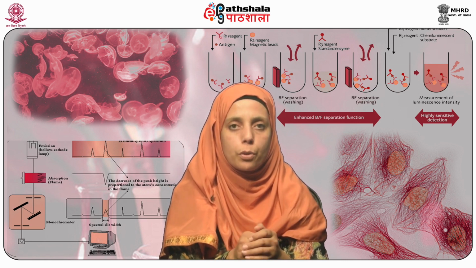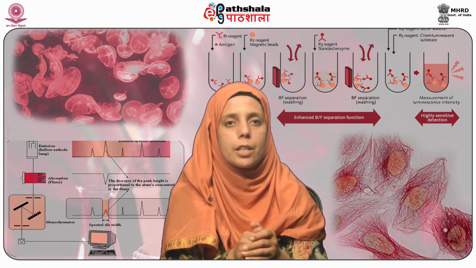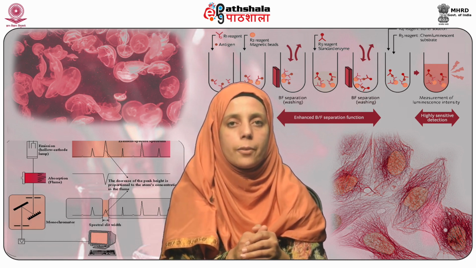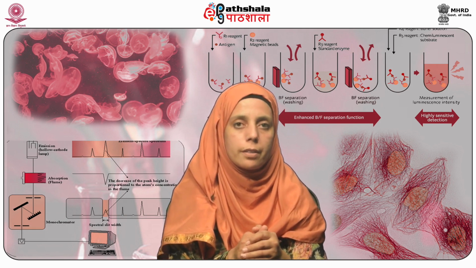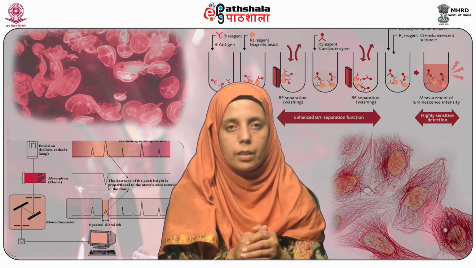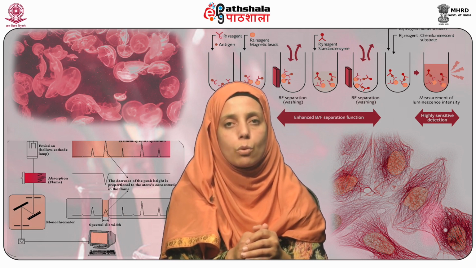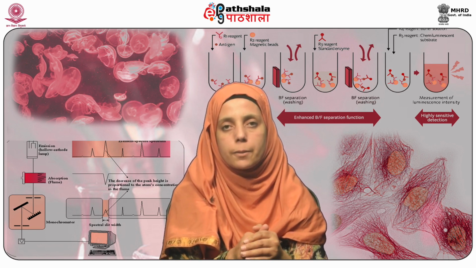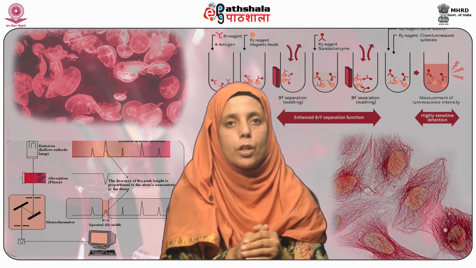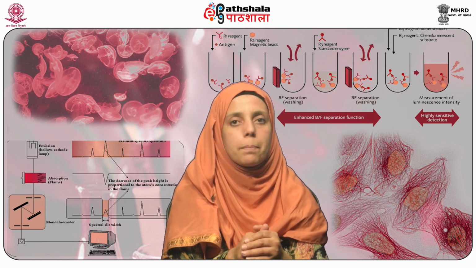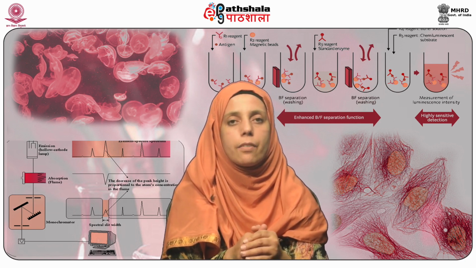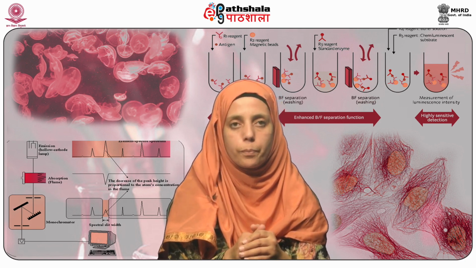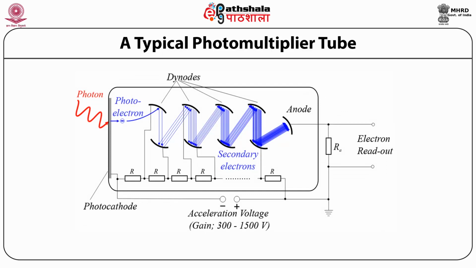The original phototubes were based on a simple arrangement to collect the emitted photoelectrons and produce an electrical current which could then be quantified. A PMT behaves as a current source and the current is proportional to the intensity of the incident light. A PMT responds to individual photons and the pulses can be detected as an average signal or counted as individual photons. This is a typical figure of a photomultiplier tube.